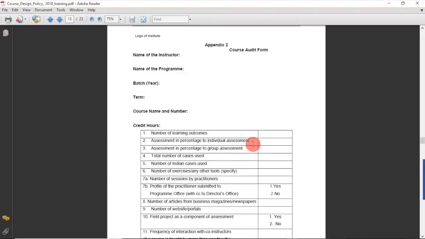So you can go in for having individual assessment like a class test or quiz, and you can also give a group assignment. So how much is the percentage which you are focusing upon individual assessment of one student, and how much percentage you are focusing upon the assessment as a group. So if you are trying to have a syndicate group, session group or study group, which I talked of in the previous sessions, then you can also come to know what is the percentage you have allocated for that assessment also.